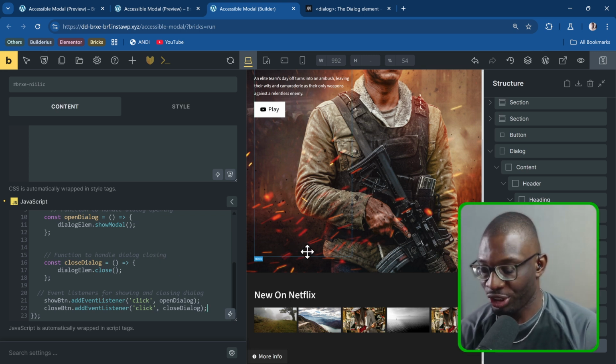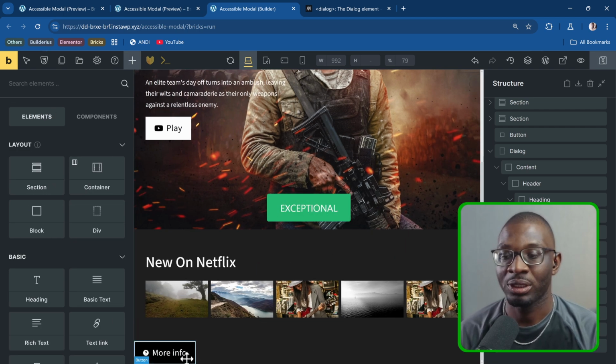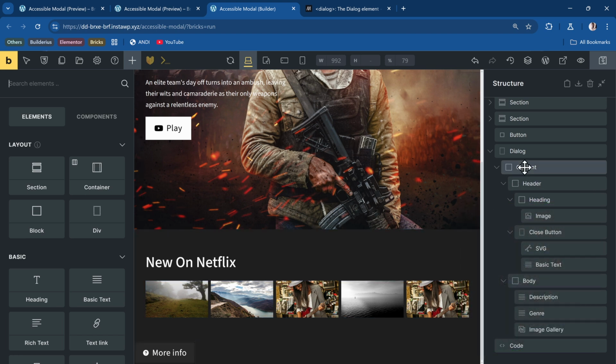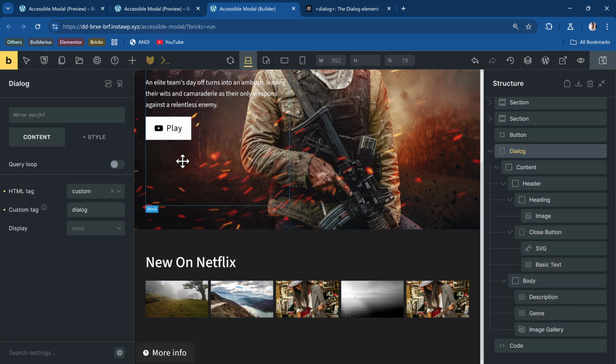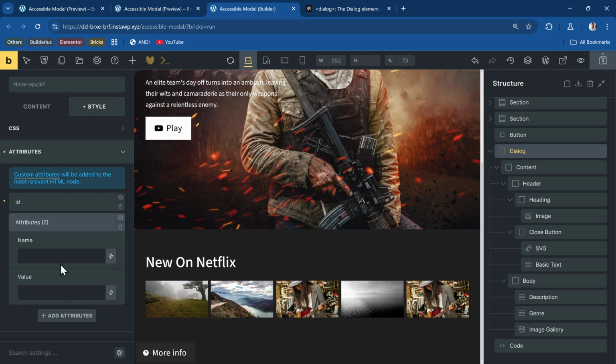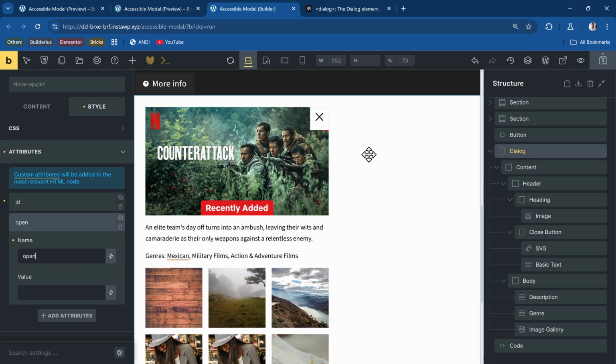One thing I forgot to mention before we continue is you'll notice that in the builder, the dialog is hidden. If you want to style the element in the builder, what you need to do is come over to the dialog, then under the style tab, go under the attributes, and you need to add an attribute called open, OPEN. The moment you do that, it will open up the dialog for you to be able to style in the builder. But make sure once you save it and want to preview on the front end, you get rid of that open, because this open is supposed to be triggered by that show modal